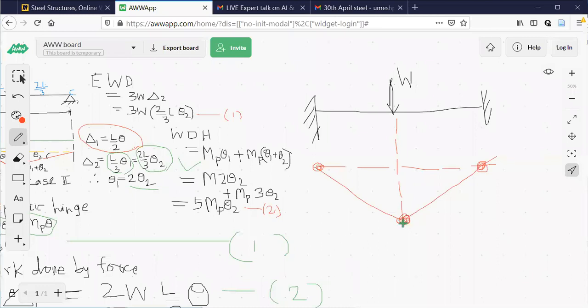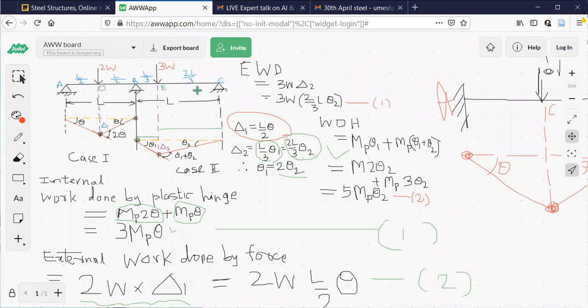First plastic hinge is formed here at the center because the value of sagging moment will be more than hogging here. So what will happen is first plastic hinge is formed at point C. I'll call this as C. This is A. This is B. If this is theta, see how simple it becomes now. This is also theta because point load is at the center. If the point load is not at the center, these angles will not be same, as we have seen in the span BC of this problem. If the load is at the center, both angles will be same.